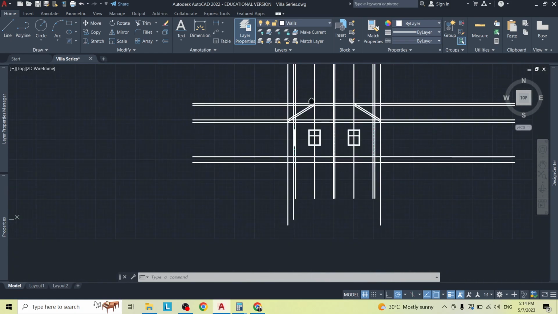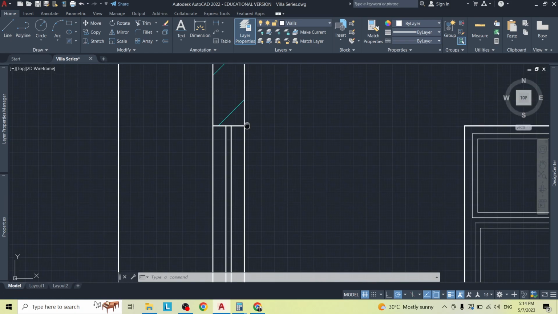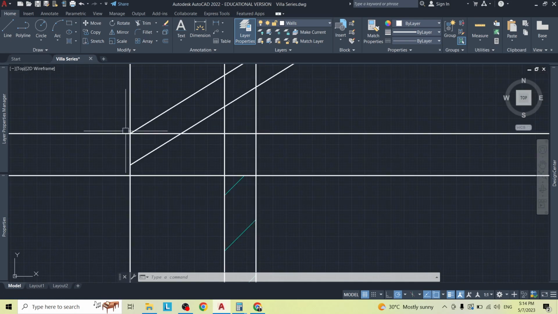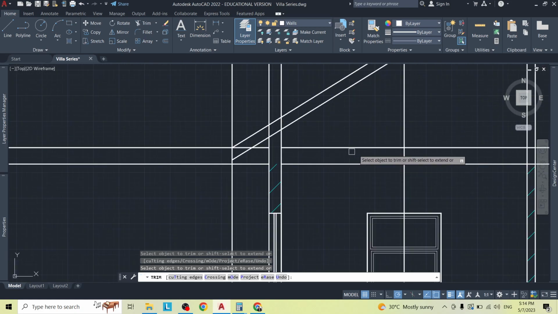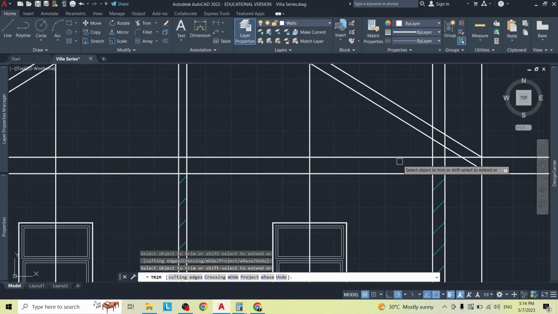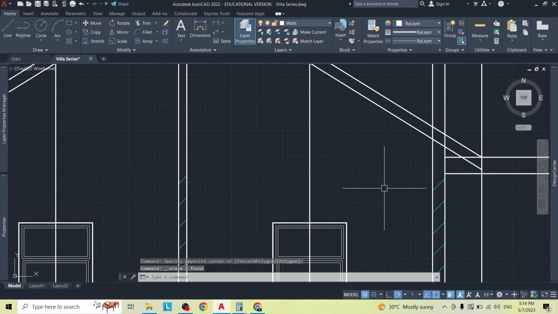So we're gonna have to show that fascia board coming across here, but it will end right where the wall ends. So I'm going to actually just trim away right in there, and do it on the other side also,